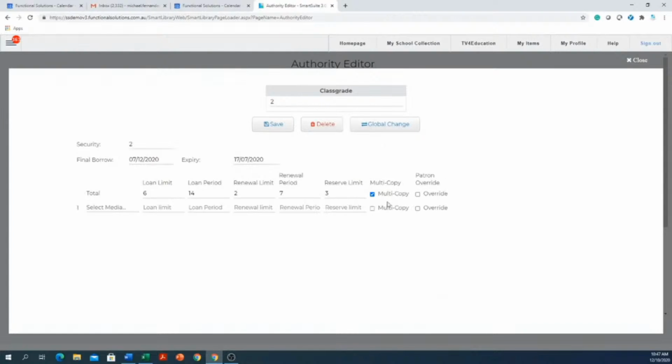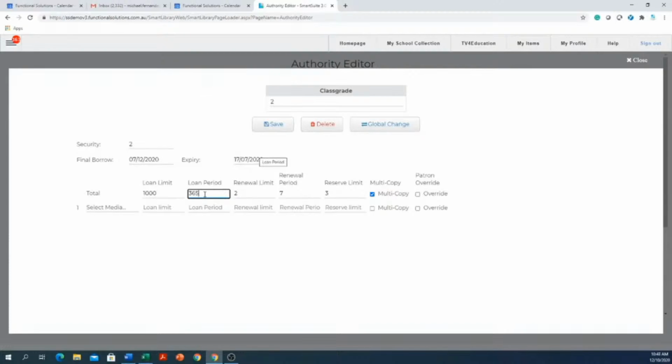Multiple copies, can they borrow multiple copies? Now, let's say for argument's sake that this is a teacher and they can borrow 1,000 books, and they can borrow it for 365 days. Now, what's going to happen when they go to borrow, if the books that they're borrowing are 14-day books, it'll automatically cut it down to 14 days. It will not give it to them for 365 because the system security by default says go for the lowest limit. So even though they're a 365-day person, they come to borrow books, they get it